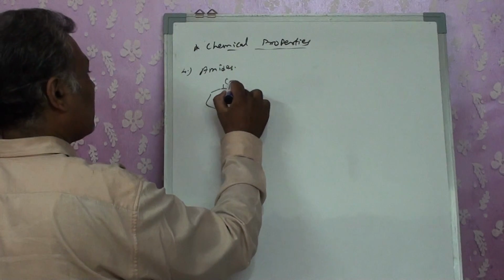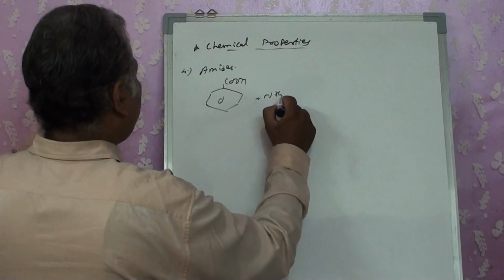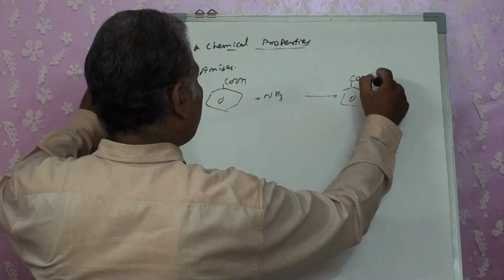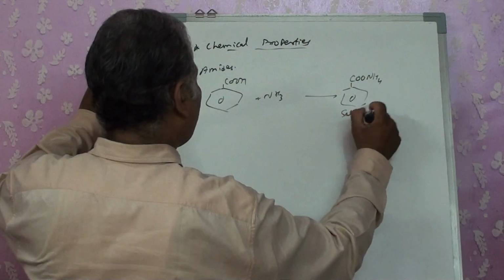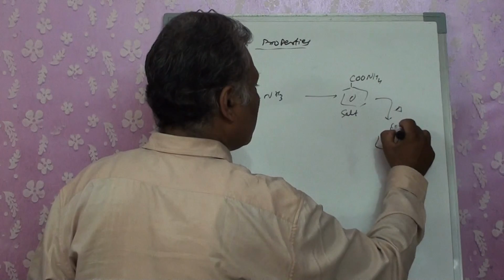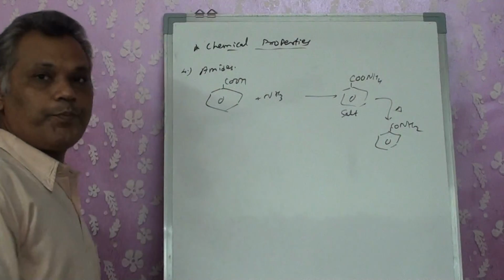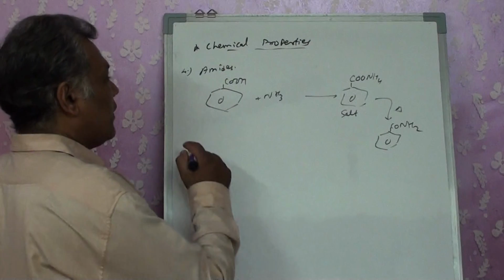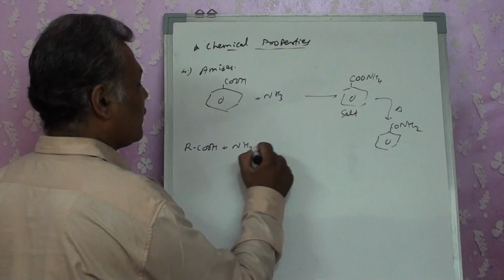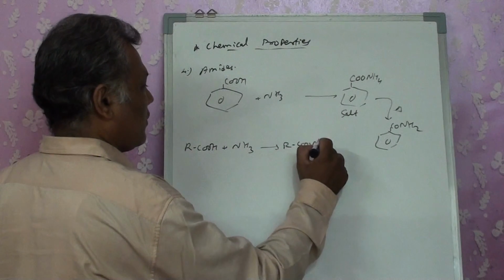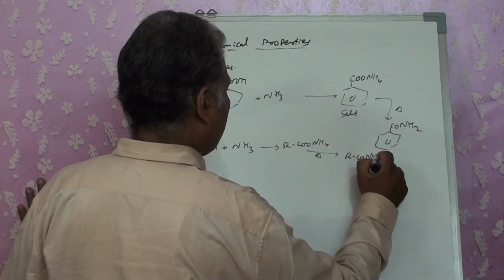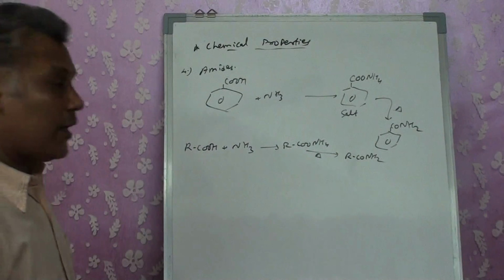Acid, we know that it reacts with base very easily. It gets converted into COONH4 salt, which on heating gets converted into CONH2, right? It's a benzamide. It's not only for the aromatic, even aliphatic also gives the reaction. Right? The special reaction.